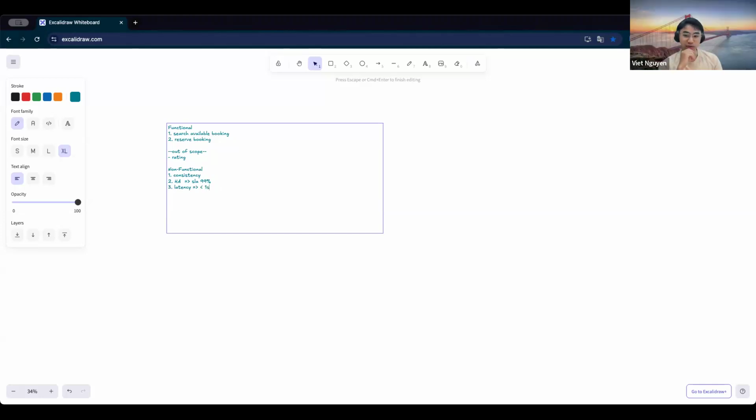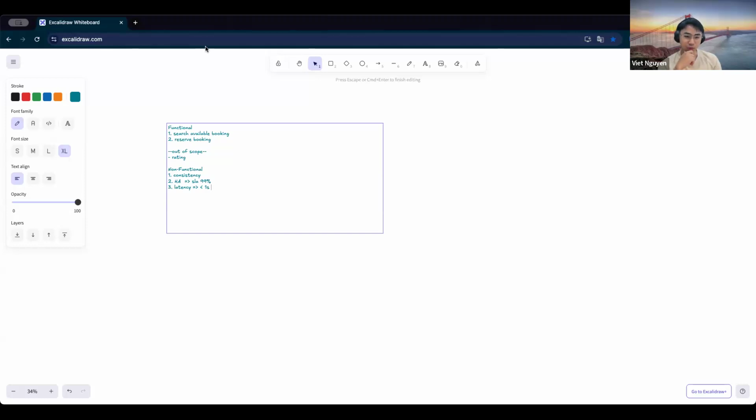But what do you mean by latency? Can you give me some example of what it means? Like when we are searching or booking the house, the time or the city, something like that. So I think we have the average latency around 1 second to return the search result, right?